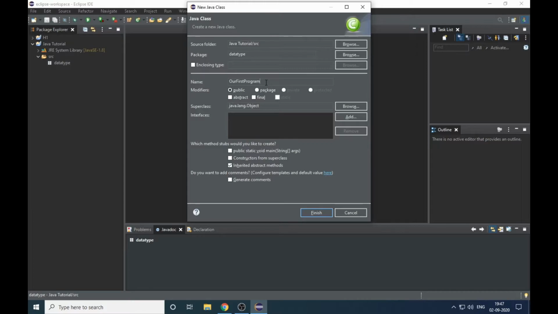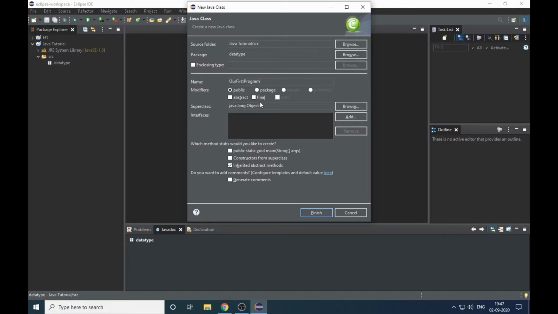Camel casing means the first word should be in small letters, and the second word's first letter should be capital. Here every word's initial letter is capital, so this is called camel casing.